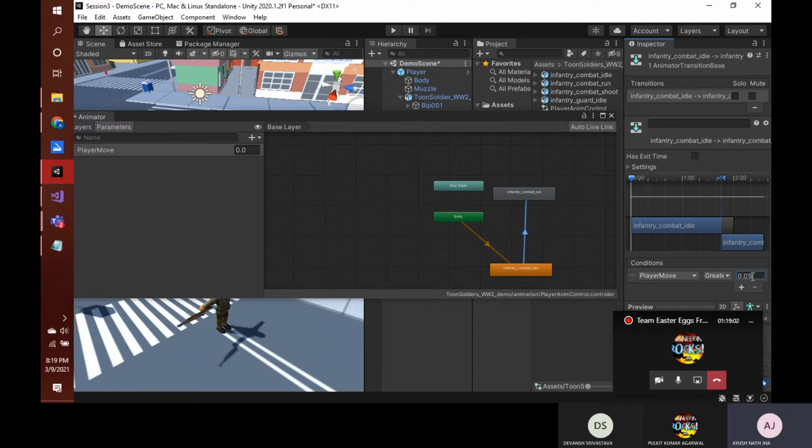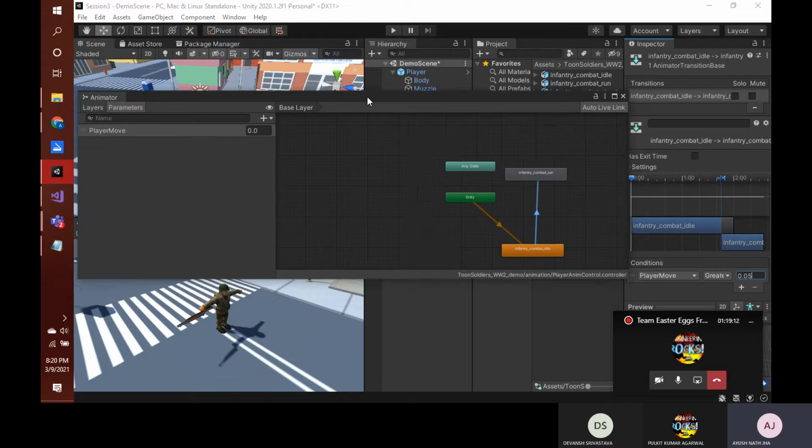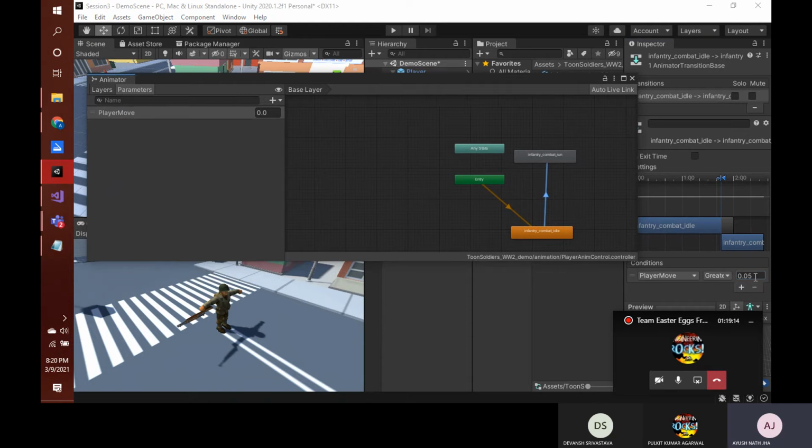So if we have a very strict limit of 0, then your player might stagger with the animations, and the animation tree will be unstable. So for that, we are just setting a top limit.